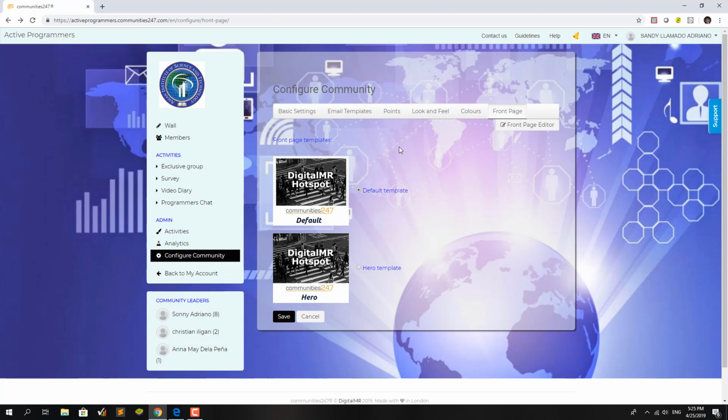So that's how easy your community platform can be. Managing it is a bit tricky, but the learning curve is very easy, and you can learn how to manage or configure your community in just 1 or 2 training sessions. Now, for the last reason stated, there must be a lot of activities present for your online community. Now, let me take you through the different activities present in the online communities 24/7.